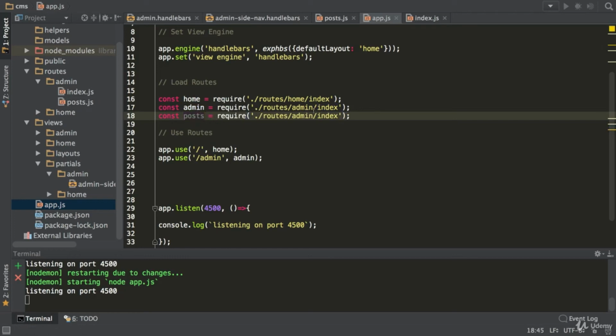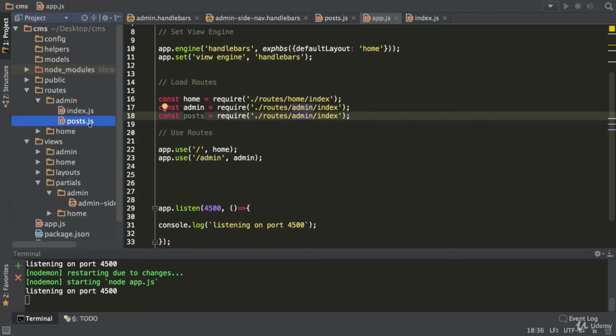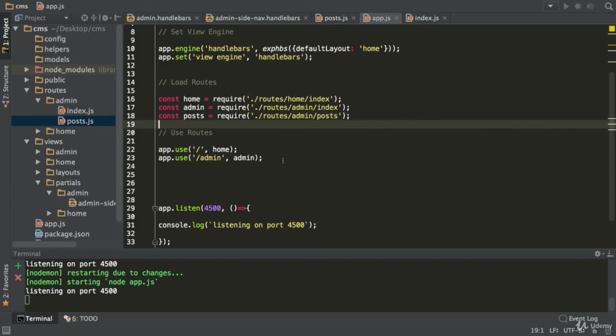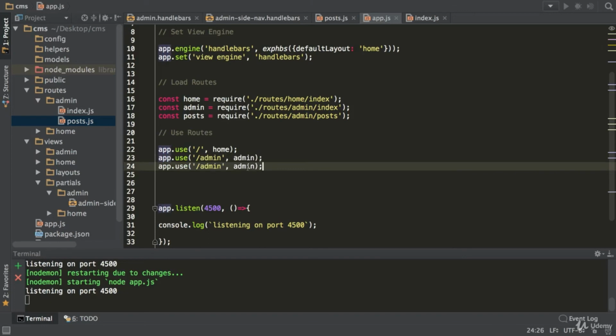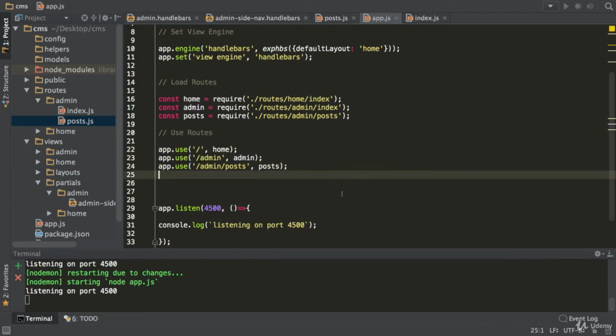And inside routes, inside admin, we have what's called posts, like this, okay? And now we just need one of these, and like that. Look at that. See how easy that is?